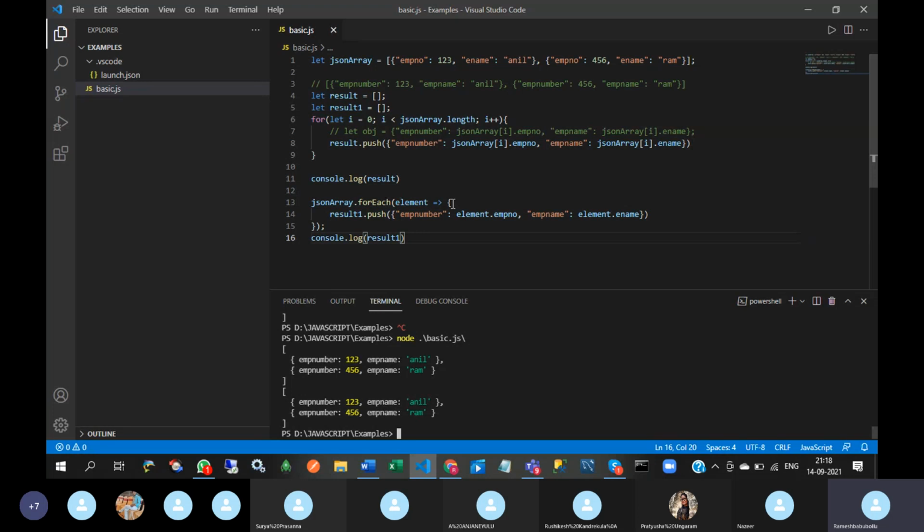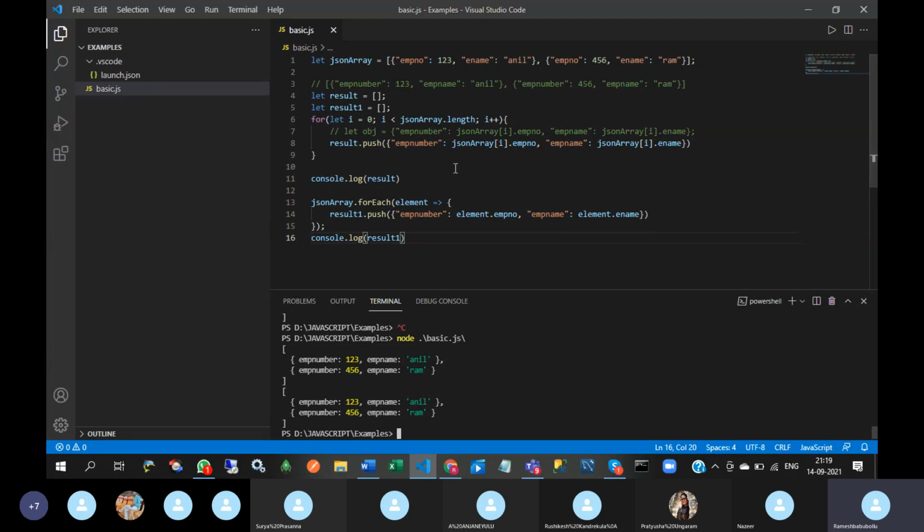Okay. So the difference between for each and for loop is, in for each we can't use a break statement. If you want to write lengthy code in a loop, then it is better to go for a for loop. Don't go for each. If you want to write lengthy code in for each, it is better to choose a for loop. For loop is faster compared to for each. Okay, so this is how to retrieve the data from JSON array, and how to write for loop and for each for retrieving the data from JSON array.